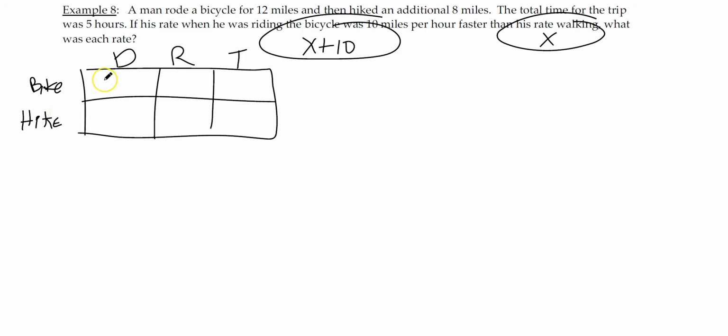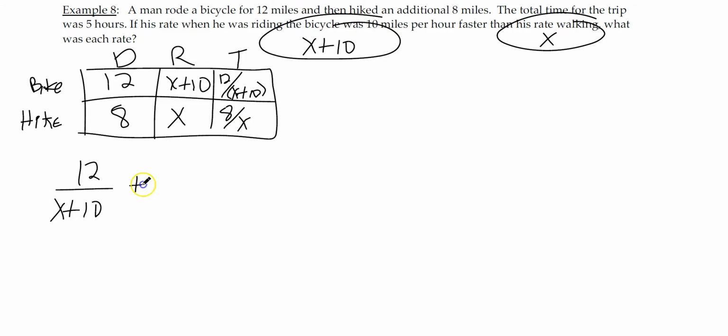Man rode for 12 miles, then hiked for 8 miles. The rate of the bike is x plus 10. And the rate of the hike was x. And the total time was 5 hours. Now we know that the time is the distance divided by the rate. So this would be 8 divided by x. Total time, these two add up to 5. So we have 12 divided by x plus 10 plus 8 divided by x, and that equals total time of